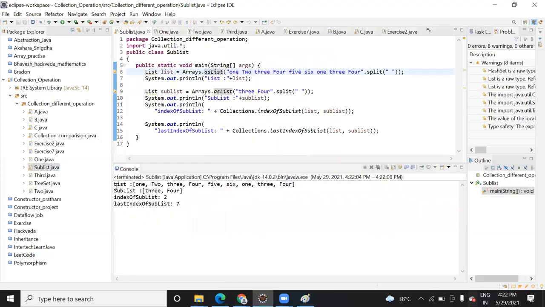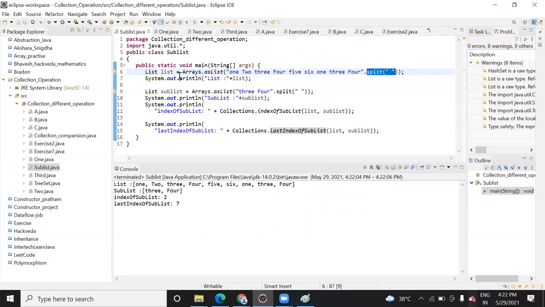This is your list, and you want to find out the index of any sub element or set of elements inside this list. How can you find it out? You can find it out with the help of these functions, index of sublist and last index of sublist. These are some predefined functions available in the array list.